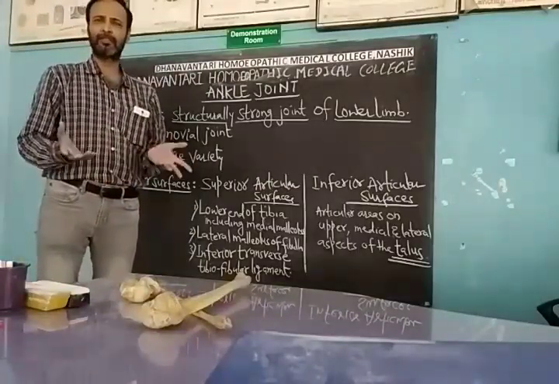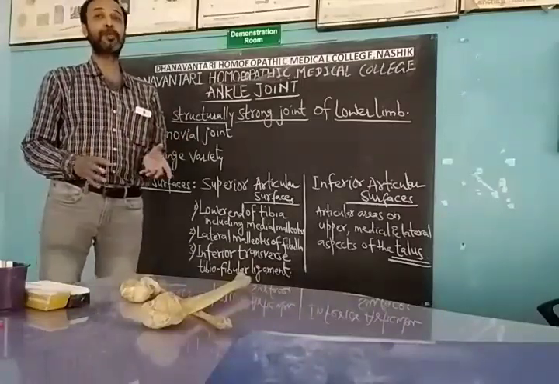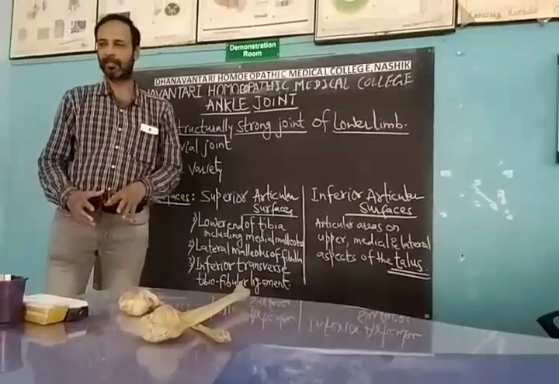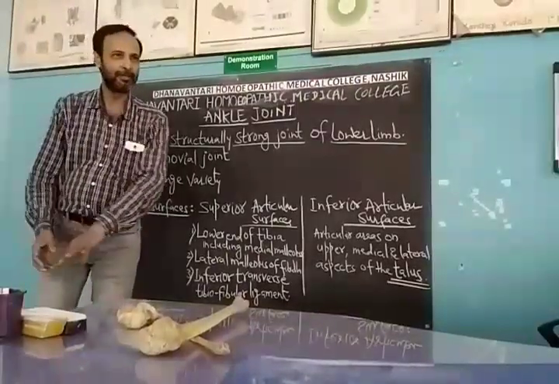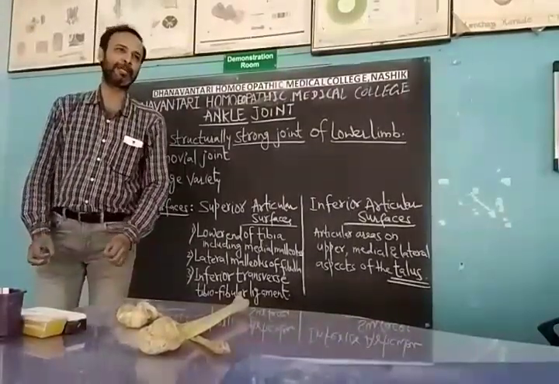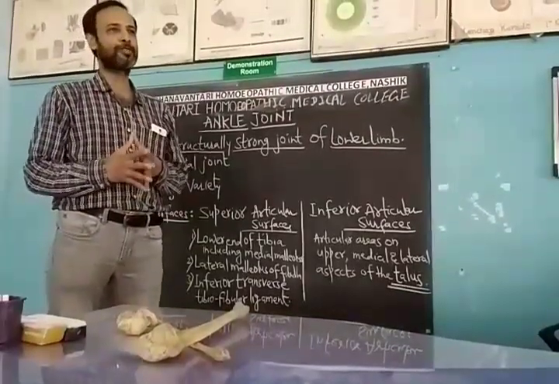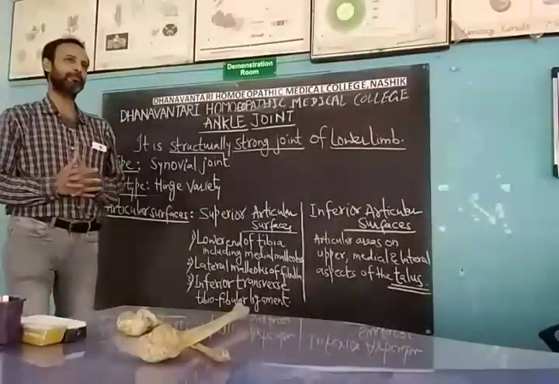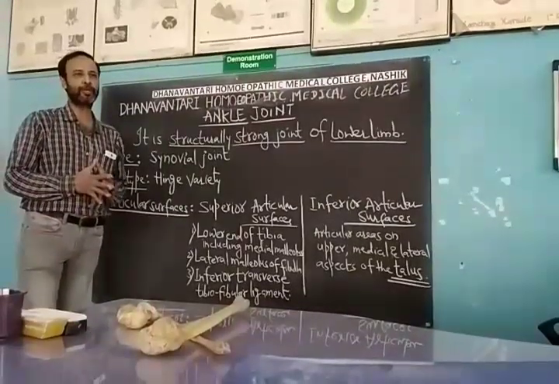Why? Very often in clinic we find patients with a sprain or strain of the ankle. Sometimes the patient complains that while walking the foot twisted, meaning there is a twisting at the ankle and a spraining of the ligaments. Therefore we should know about this joint, its structure, its articular surfaces and its ligaments. To deal with such cases in practice, understanding the anatomical structure is a very important part.